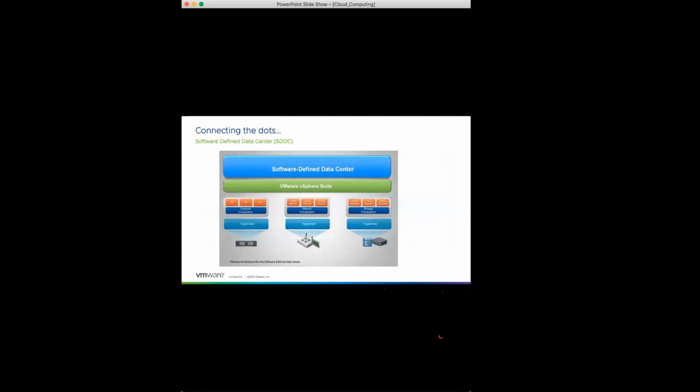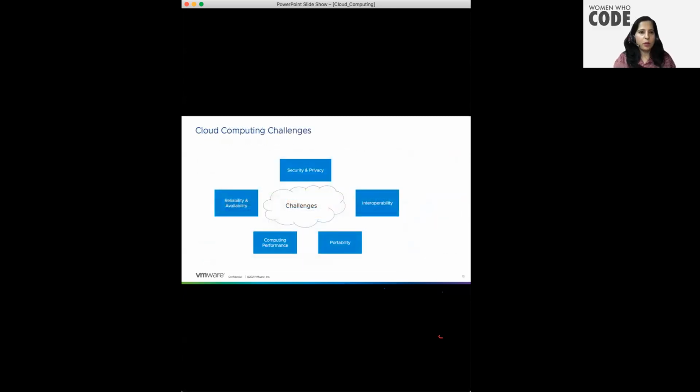Proceed. Sure. Okay. So now, as we know, everything is not so rosy in this world. So we do have challenges of cloud computing also. There are multiple, as we were talking about security and privacy also. Security and privacy is the main challenge, or the biggest challenge, of cloud computing.